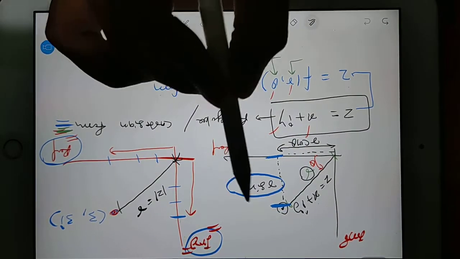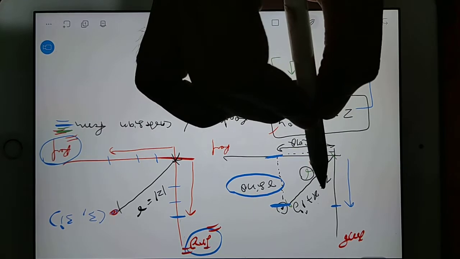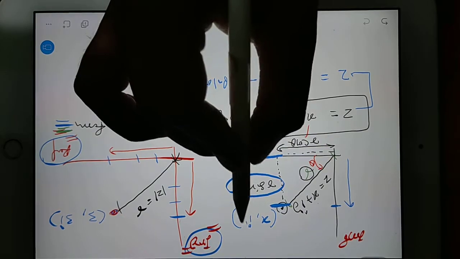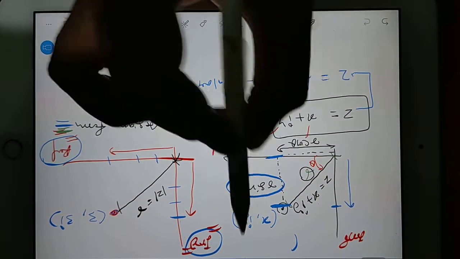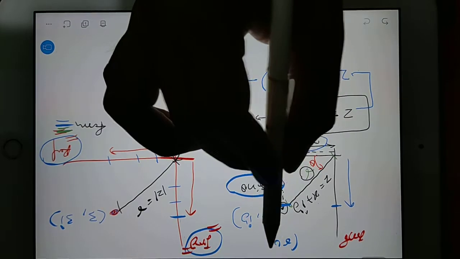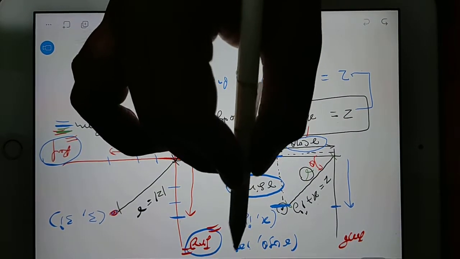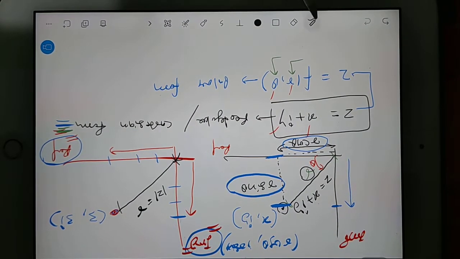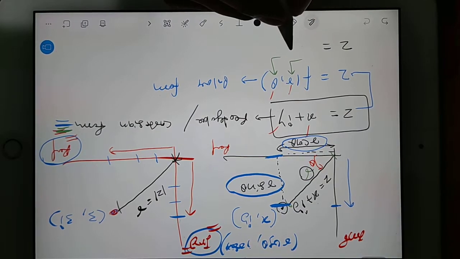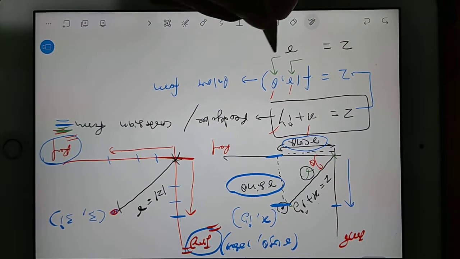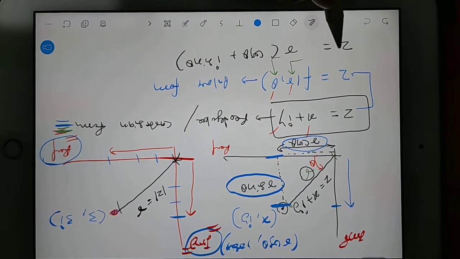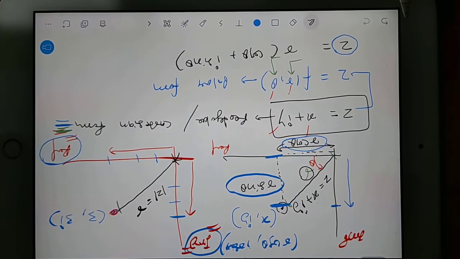Height-wise, it is coming as r sin theta, and this r sin theta is the height lying on the imaginary axis. So this coordinate I can give either in terms of xy, which is x comma iy, or, as you can see, r cos theta is on the x-axis and r sin theta is on the y-axis. So I can write the z value like this also: taking r common, r times cos theta plus i sin theta. This is how you can represent your Cartesian form complex number as a polar form complex number.